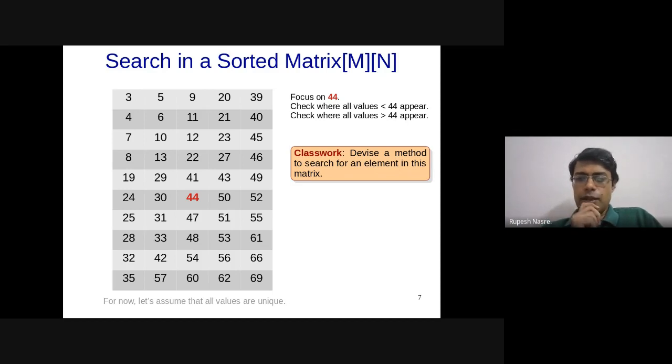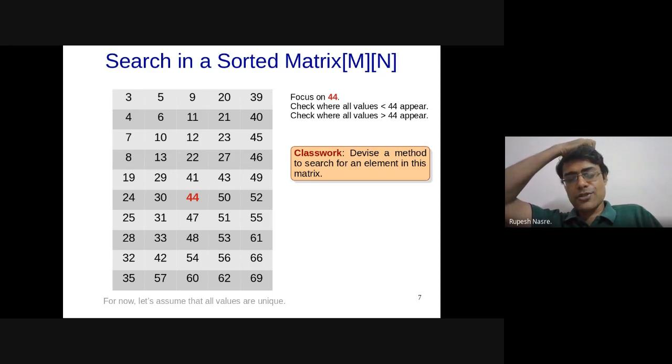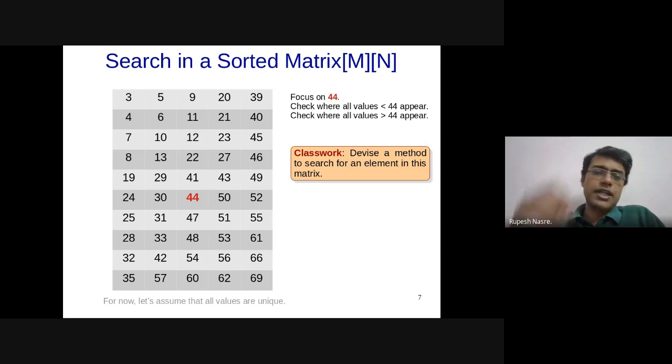Whatever is the bottom right element of the first quadrant, we could eliminate the first quadrant. Similarly, we can compare the numbers with the bottom right elements of the rest of the quadrants. This also is a possibility, but you should try that out. For example, if you take the bottom right of the quadrants, essentially we have these 4 values: 44, 52, 60, and 69. Now, which quadrant will you discard?